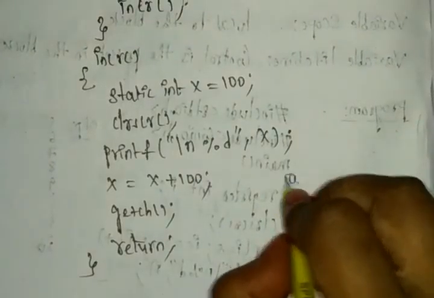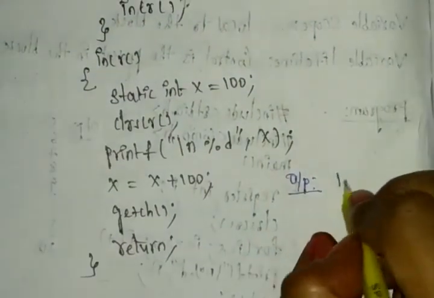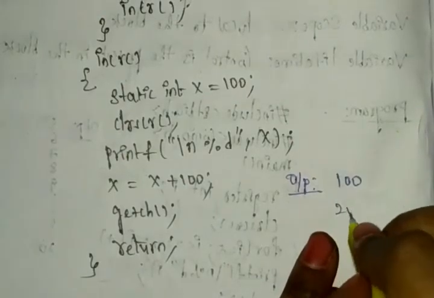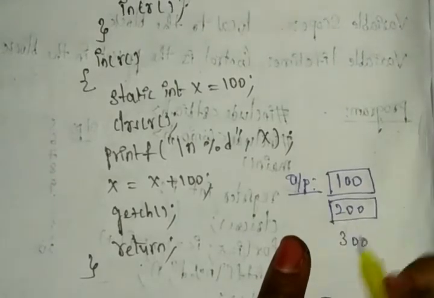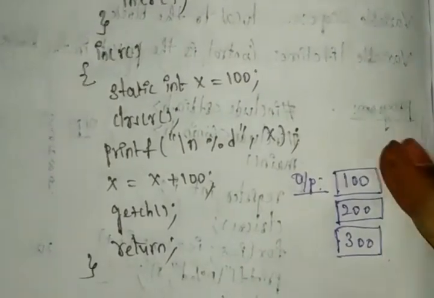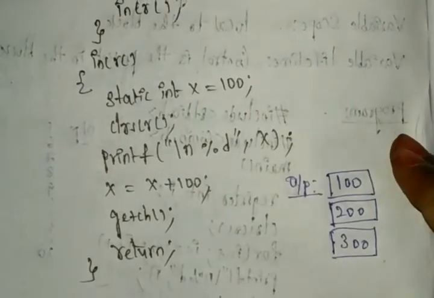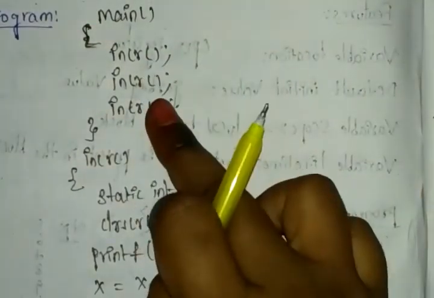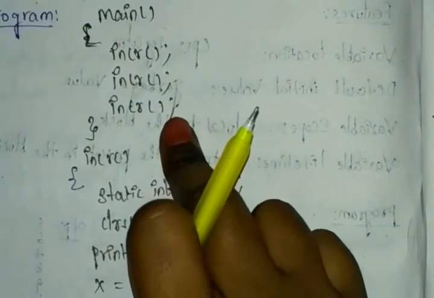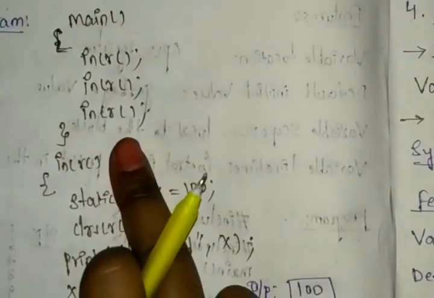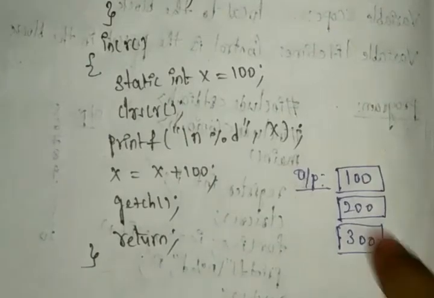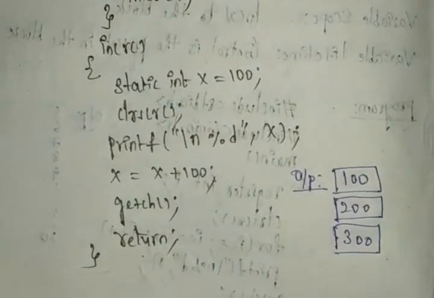You can see here I am writing the output for this. First it gives 100, after that 200, after that 300. These are different function calls: this is one function, this is another function, this is the third function. So why are we stopping at three functions only? Can we take 400? No. Why? Because we are calling the function only three times. The increment function is called 3 times, that's why we get the increment 3 times. If you write a fourth increment, then 400 is also possible. Like that we can perform our static storage classes.